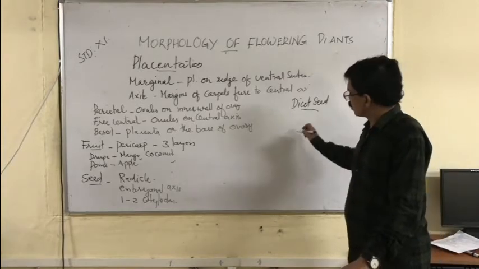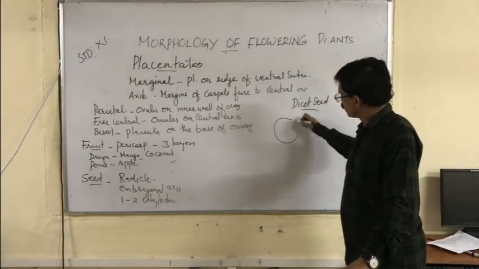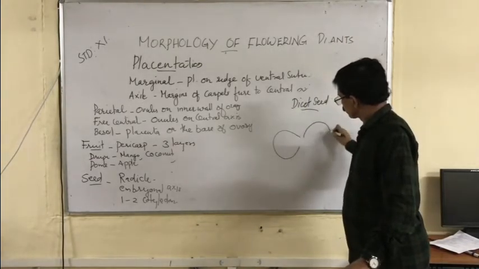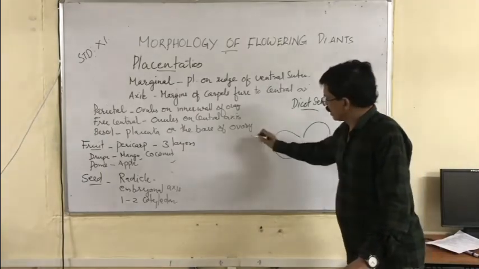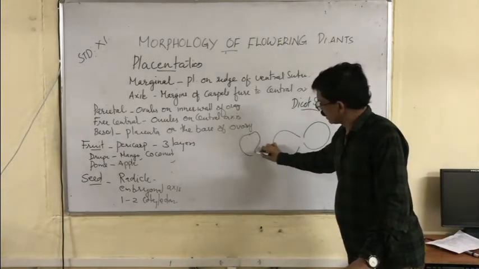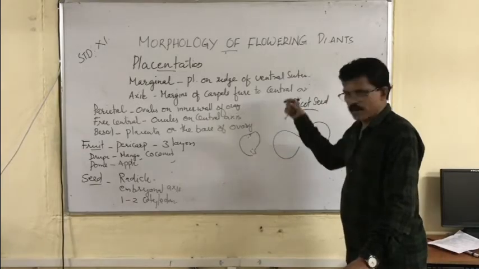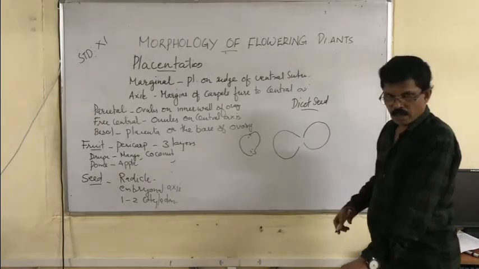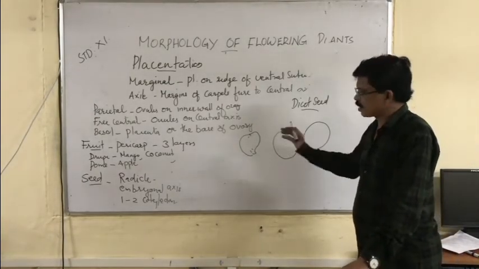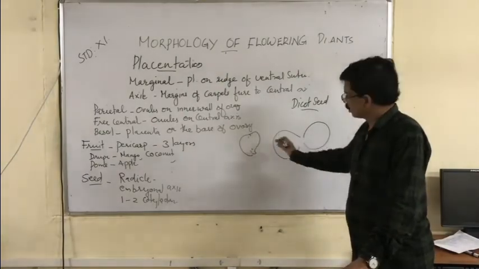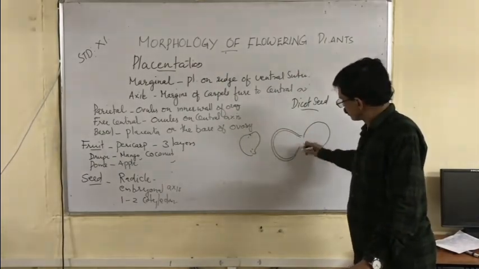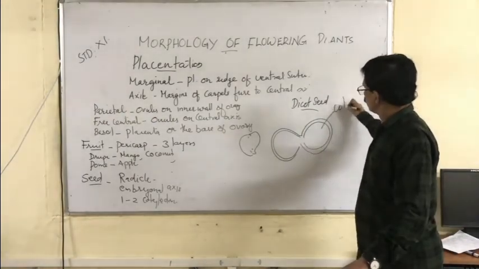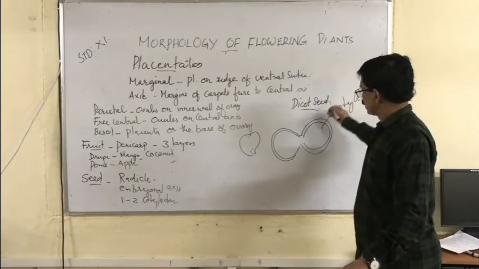Okay. So in a dicot seed, you can see two cotyledons. Actually, the seed appears like this. When we put it in water for some hours, it will absorb water by imbibition and swell up. Remove the seed coat, then you can get two cotyledons. In a dicot seed, you can see two cotyledons. So this is called a cotyledon. You have studied in class 10.